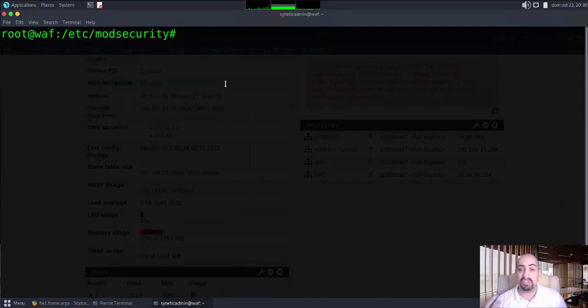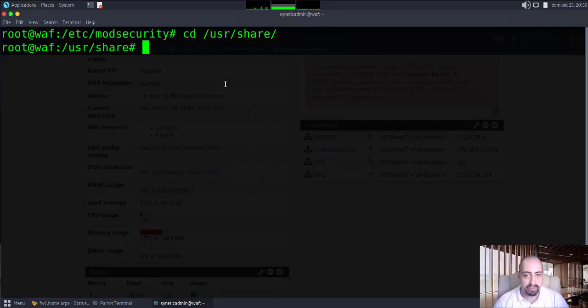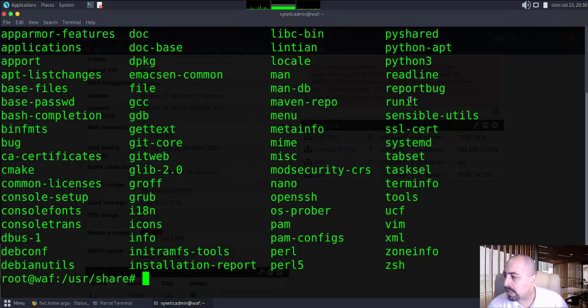Now, we are not finished yet. We now have to go to our share folder. So I'm going to change to that folder. Change to /usr/share. Keep in mind, this folder is huge, and does have a lot of other folders that are not important right now, and I'm going to list the contents. And as you can see, we do have a